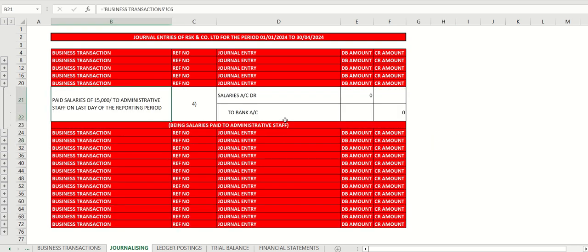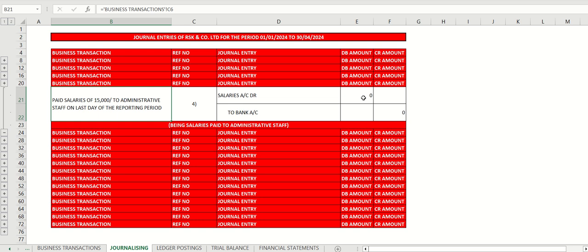What is the next business transaction? Paid salaries of 15,000 to administrative staff on last day of the reporting period, which means the administrative expenses or salaries are being incurred in the current period and are being paid in the current period. So this is like an expense. Regarding this one, I had already shared a video in my earlier videos, which is currently available on my channel. I request the viewers to go through that video to understand how this